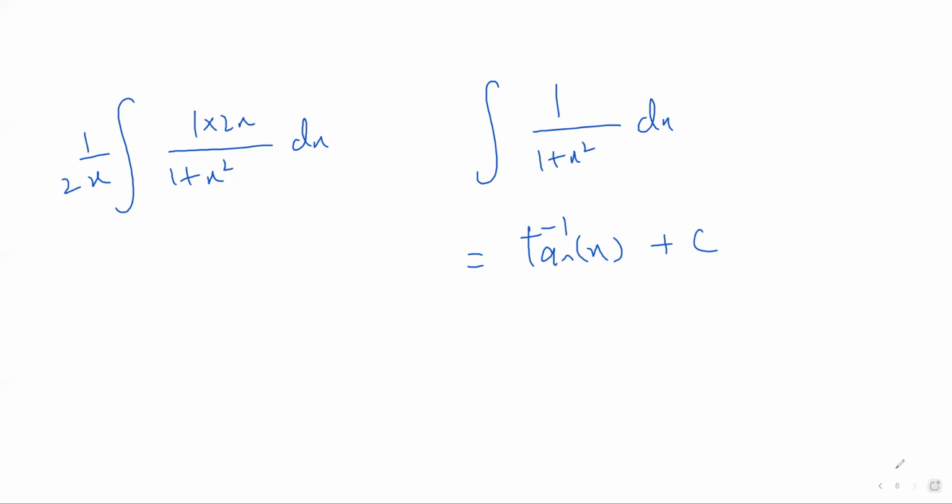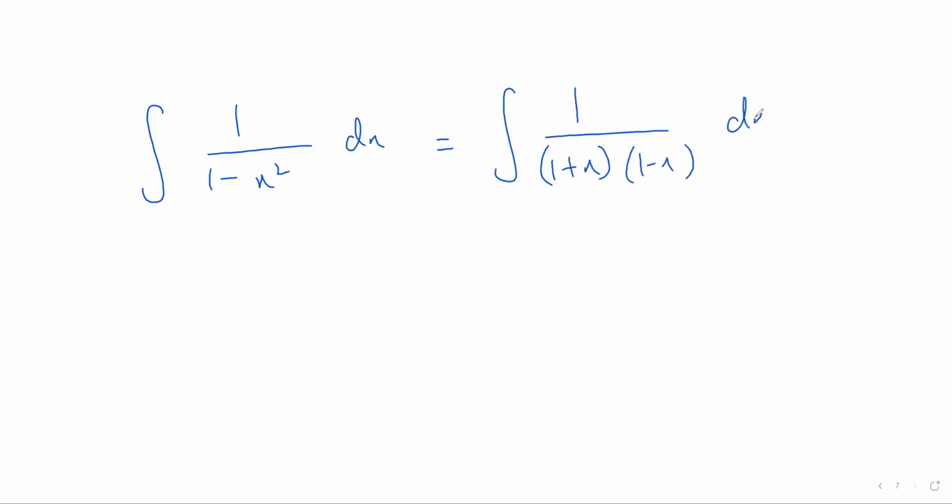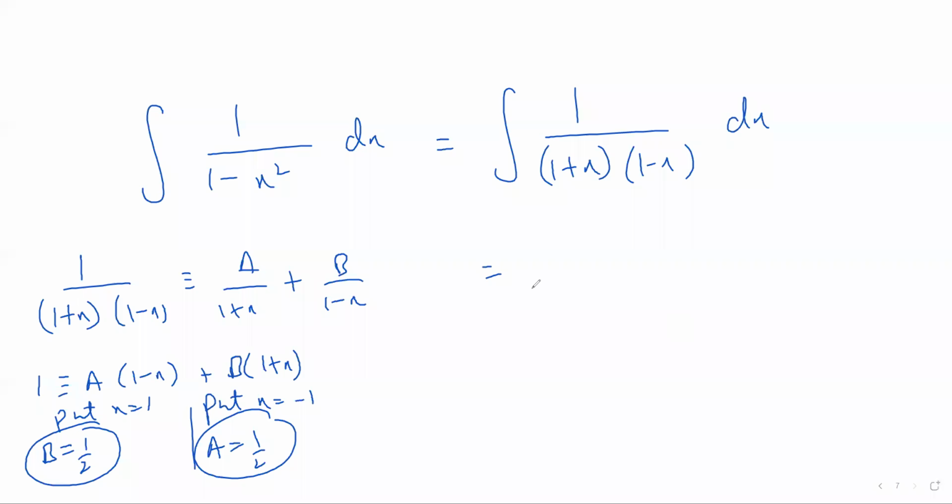Okay? And then lastly, if you have 1 over 1 minus x squared, there is a minus between them. And you see that, yes, I can factorize them. This is 1 plus x into 1 minus x dx. So here you will have to write the partial fractions. Let me write them for you. So this becomes half into 1 over 1 plus x plus 1 over 1 minus